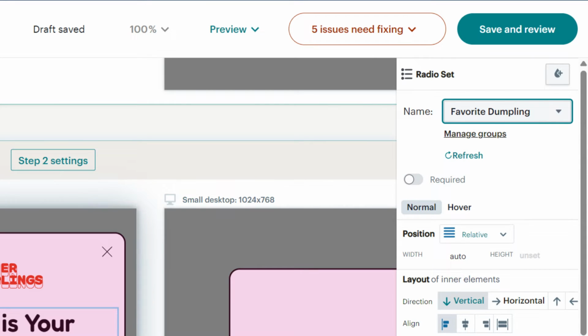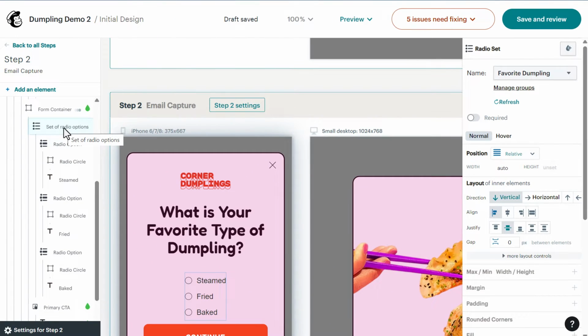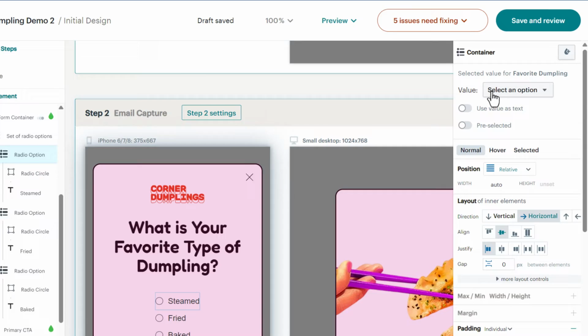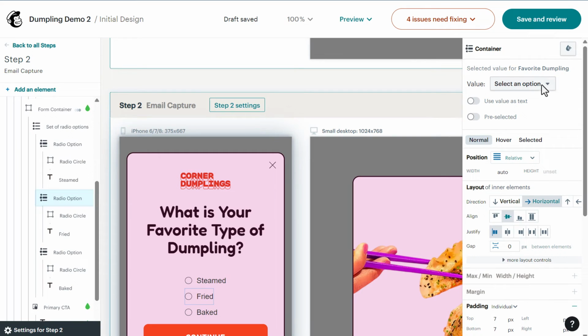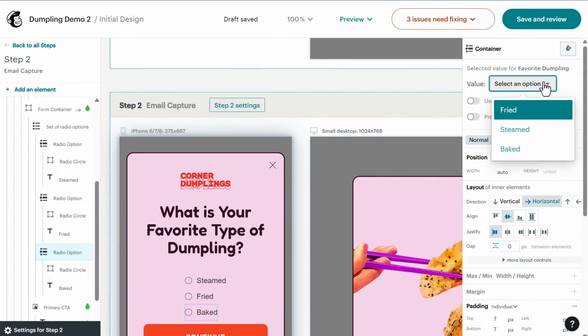And so we've got that there. Now with our group name, favorite dumpling, associated with our set of radio options, we can then go into each radio option and associate that particular matching group. And so if we click on radio option here, you'll see it's going to say select a value. So we want to select steamed. Then we'll go to the next radio option and select fried, and go to the last radio option and select